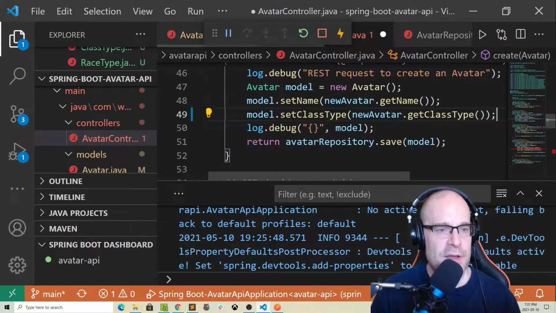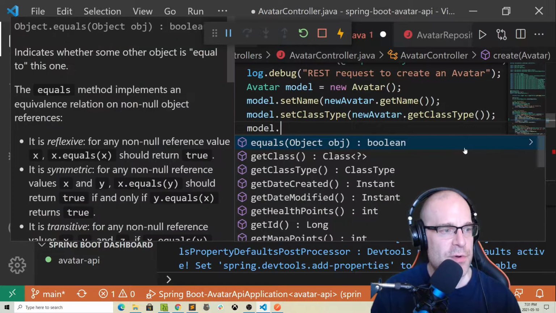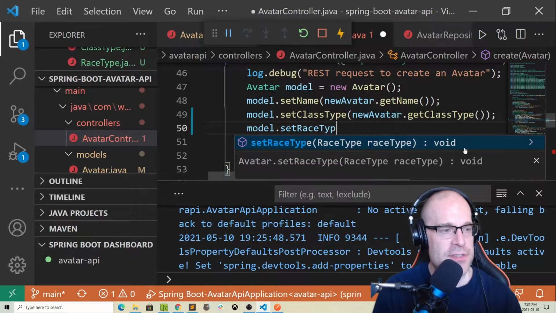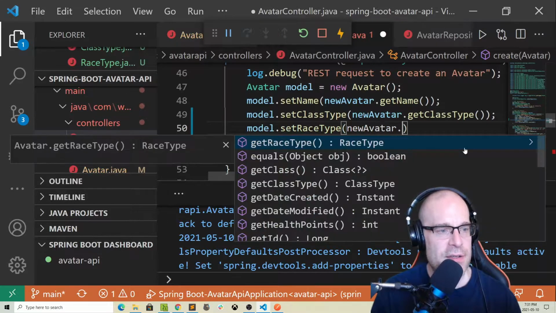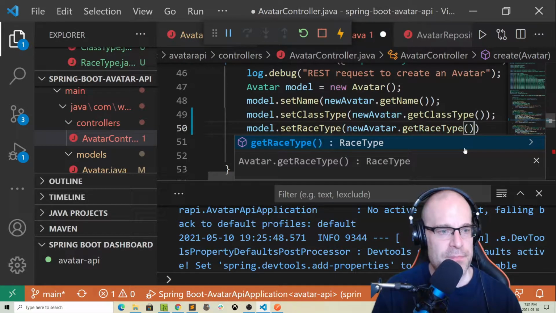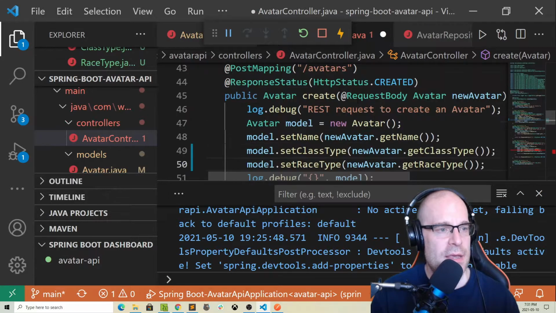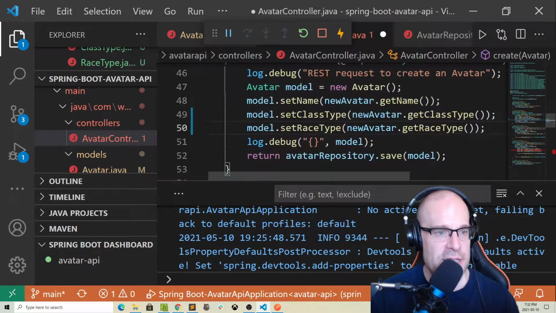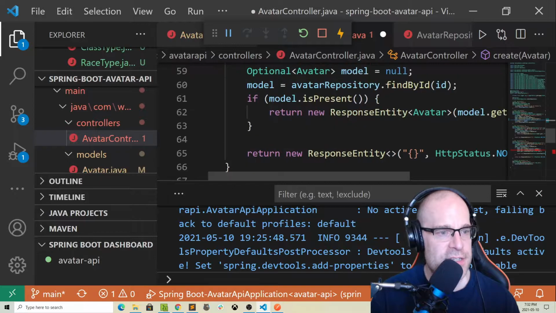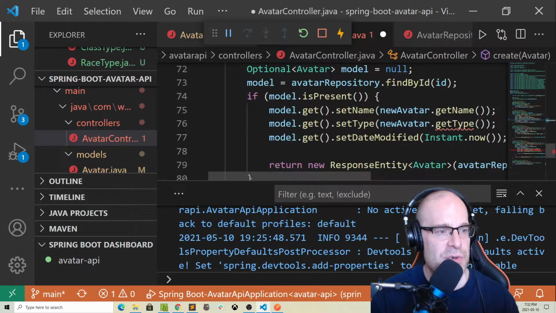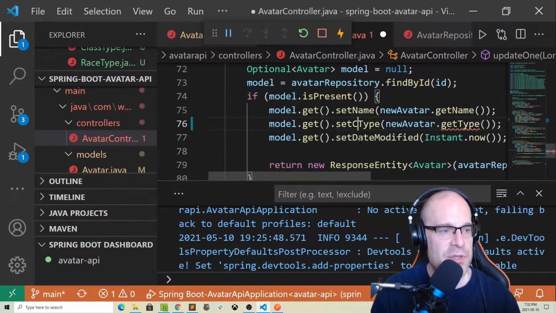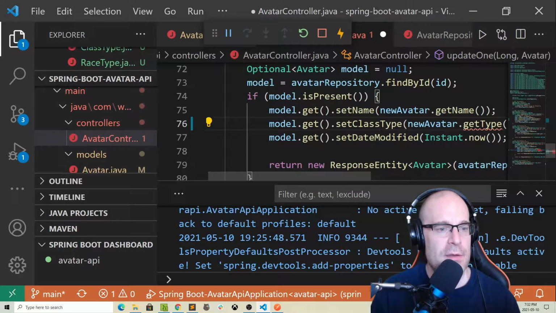So let's add some support for race type. So set race type, new avatar, get race type. Okay, and that's for creating the new avatar. And let's see, do we have to do anything in the get? But in the put, we're going to have to do that. So let's update the put